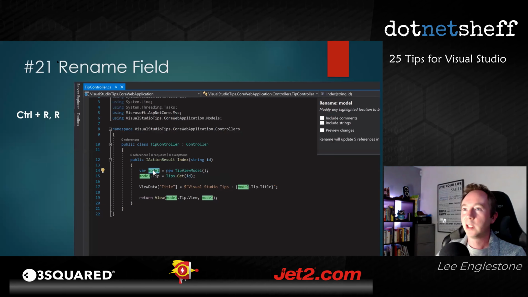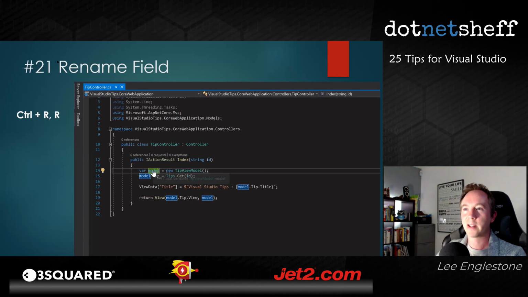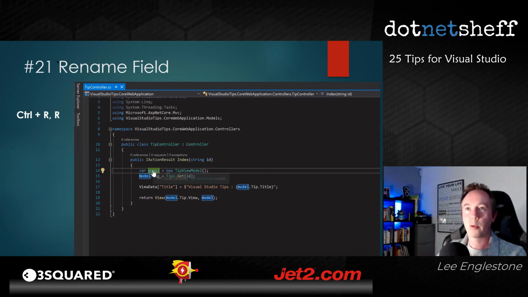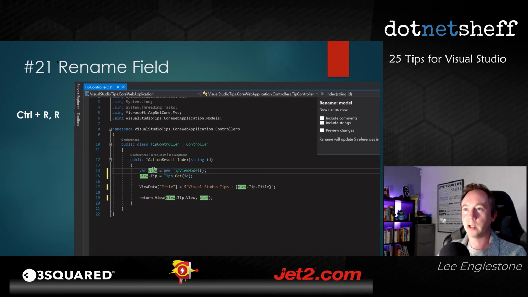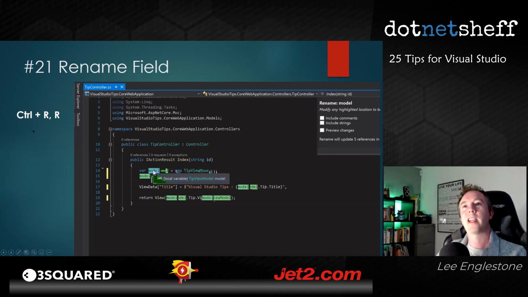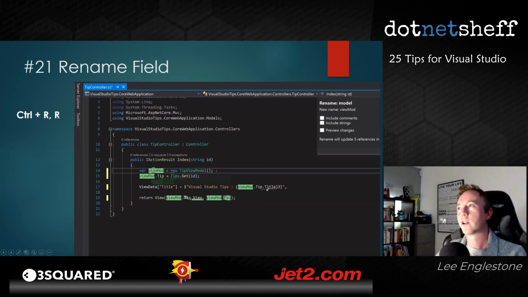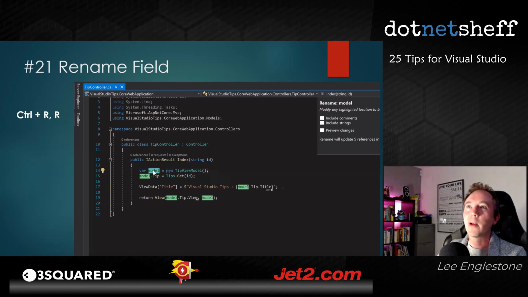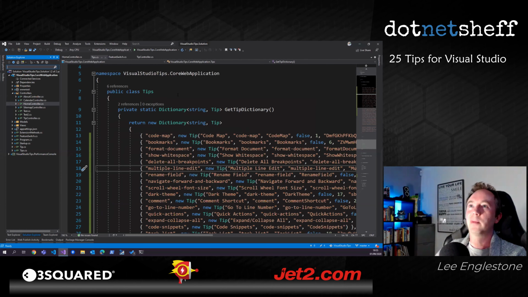Rename field is really, really useful. I remember when this was first available in ReSharper, and we didn't really have this in Visual Studio, but thank goodness it's now in Visual Studio. It's probably been around a couple of versions, but it's really good. And I always call this the pirate tip, because I can never say Control RR without sounding like a pirate in my head. So yeah, if I want to rename a field, by example,